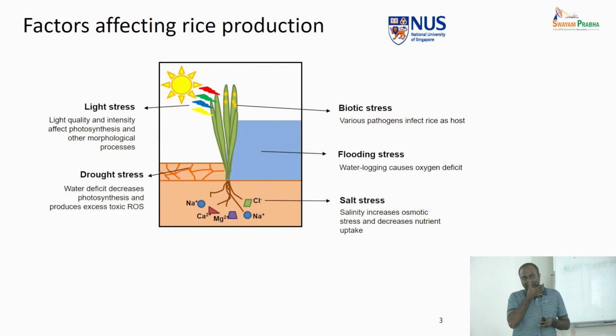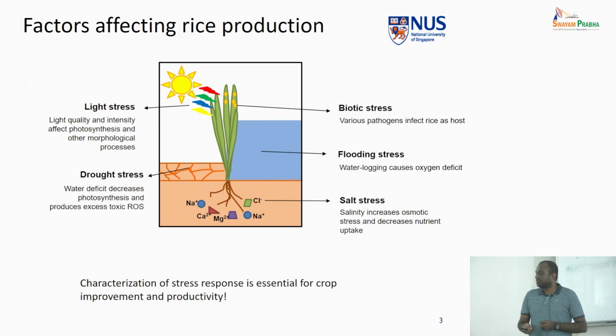Because of this, because they are endophytes in rice, they will not be able to utilize their nutrients, whatever they are able to produce for the rice plant to grow, and the seed germination and other processes would be delayed as such. So the approach which we wanted to adopt in order to solve all these multiple problems, in this next 30-40 minutes, what I'm going to cover is about how we can characterize what's happening in these stress conditions in rice plants and how we can overcome that.